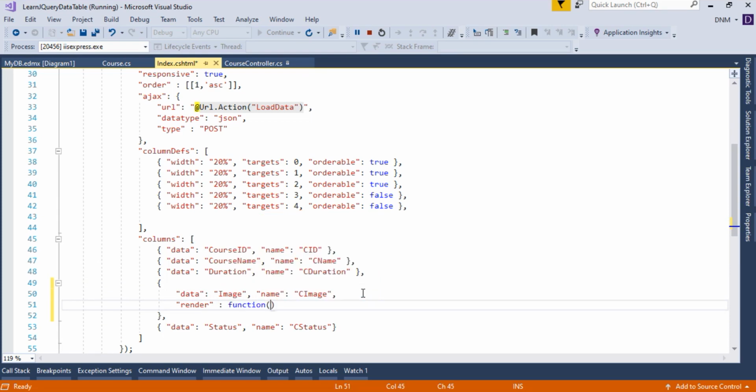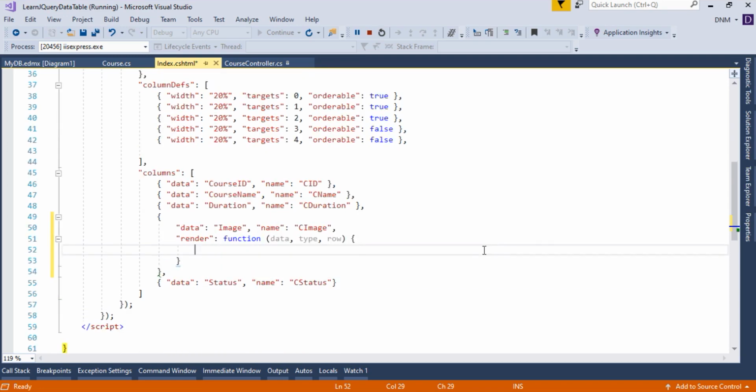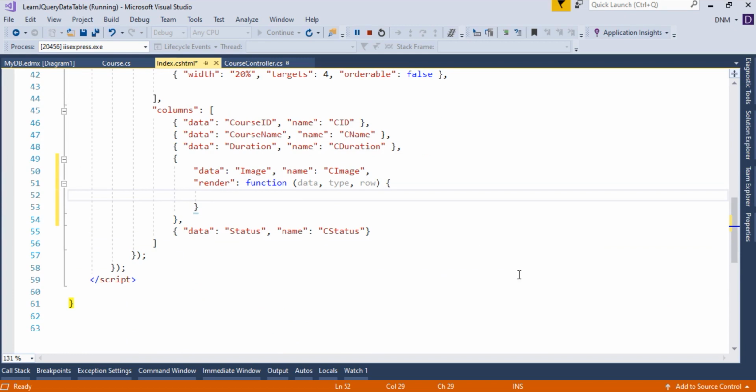As I told, this function takes 3 parameters. You can give any name, but basically the first parameter represents data. The second parameter represents the type, actually a data type which is different from our normal data type. And the third parameter represents the entire row. Let me zoom in so it will be visible to you.